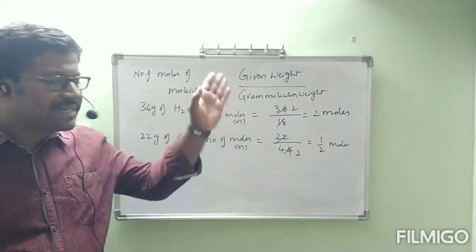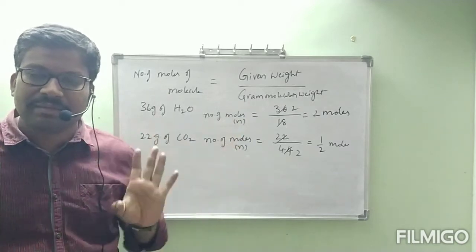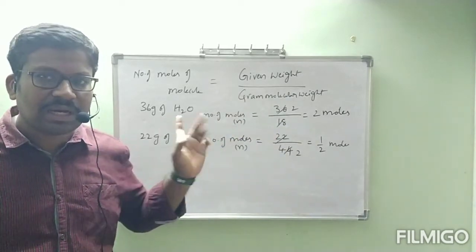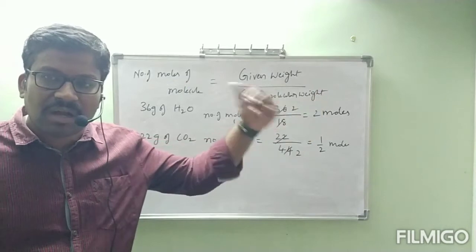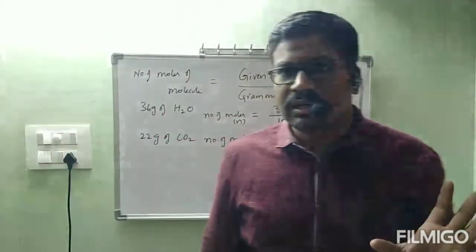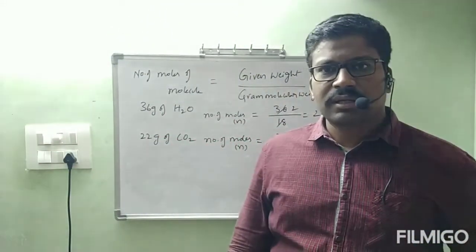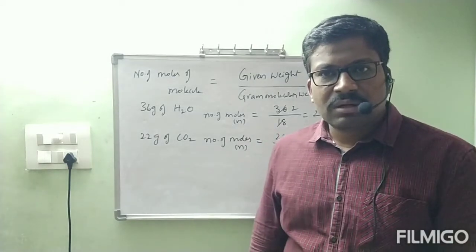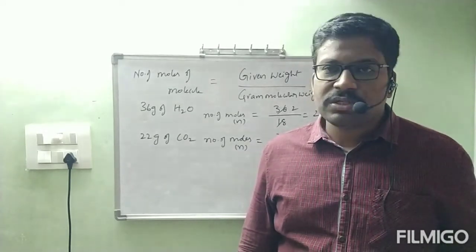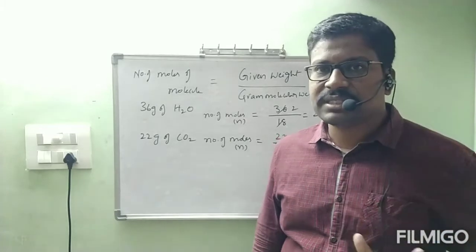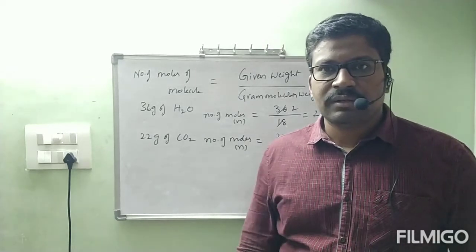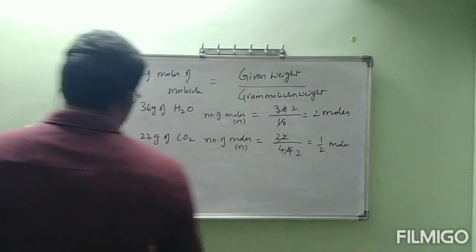Wherever we have mole, whether it is molecule or atom, that number is the same. Whether it is apple or orange or whatever it might be, just like a dozen means 12, it is fixed like that here. Whatever the molecule, atom or element we have taken, one mole represents 6.023 into 10 power 23. If you are able to take 1 mole of X, we can take that also, not only atoms or molecules. 1 mole of X is 6.023 into 10 power 23 X. 1 mole of oranges is 6.023 into 10 power 23 oranges. Like that, that number is fixed. But if you take atoms, those are atoms. If you take molecules, that many molecules you have to take. Okay? I will continue. Next one, NH3.